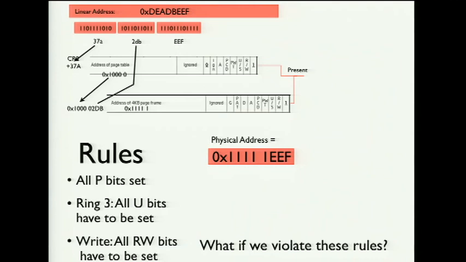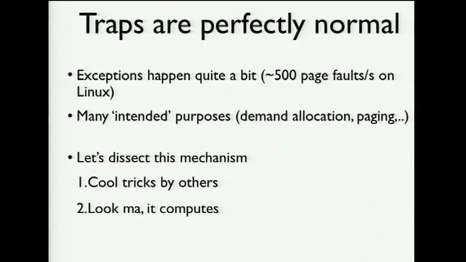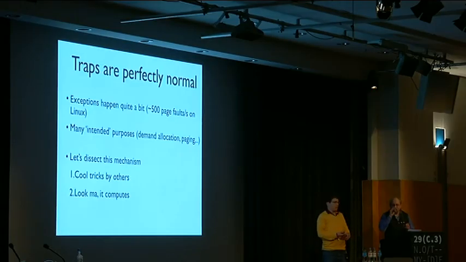And what happens if, for whatever reason, one of those constraints is violated? Well, you get a trap. But traps tend to happen quite often, actually. Even your regular operating system textbook will mention all of the uses for trapping. For example, things like demand allocation and swapping and memory mapping are all implemented with trapping in the end. They're all somewhere off the page fault handler. They usually work by clearing either the present or the write bit somewhere. Hackers have also looked at this mechanism and have found, as Sergey has already mentioned, a whole bunch of really cool uses for it